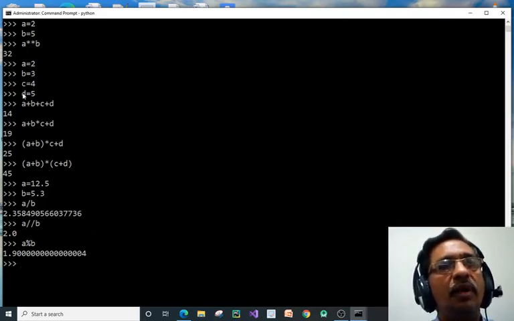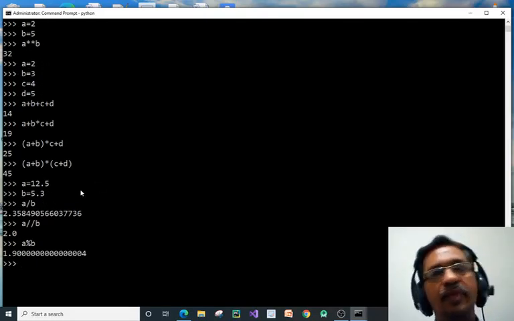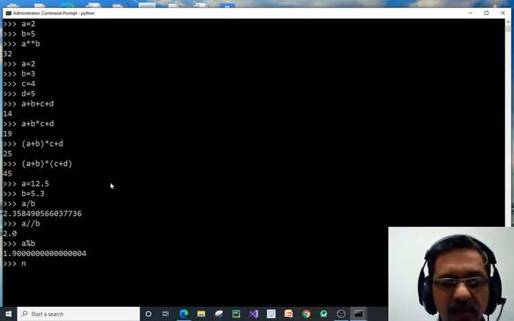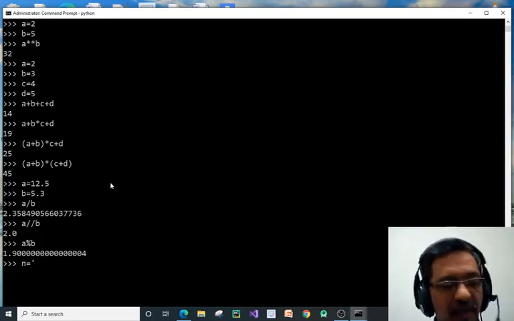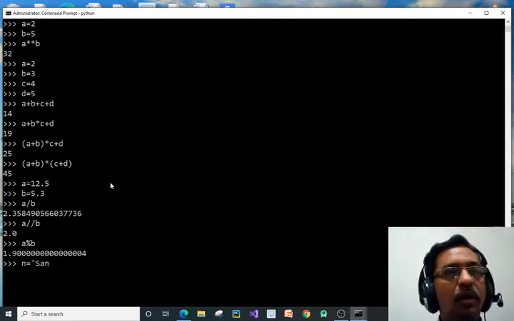So as a calculator, here we have used integer values, here we have used float values. Now suppose we want to work with character values. In that case, we can use single quotes like this.